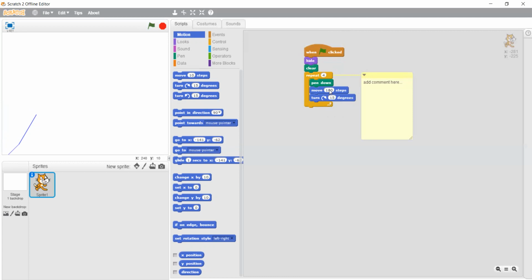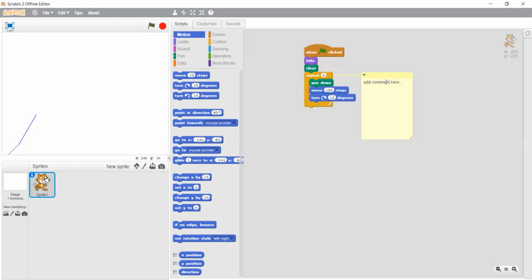Now, instead of this move 100 steps, I'm changing it to 1 step. Or else you can put 100 also. Okay. Now, here, add comment right there. Click on this add comment. I'm just deleting this. Right click on this. Click on add comment.